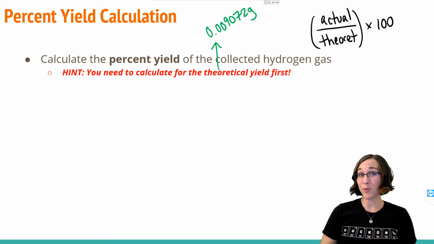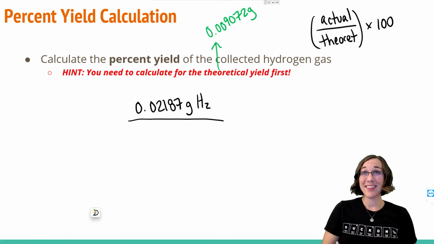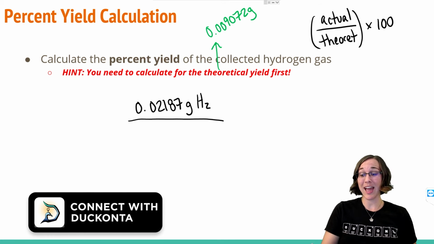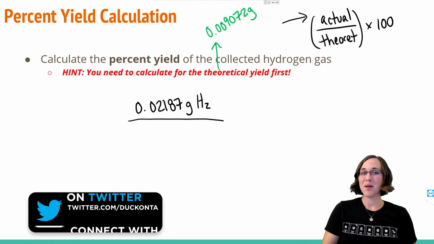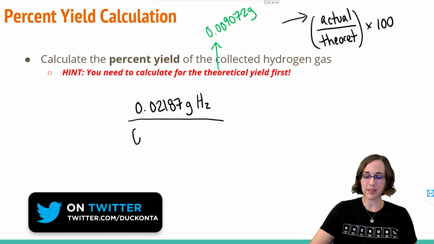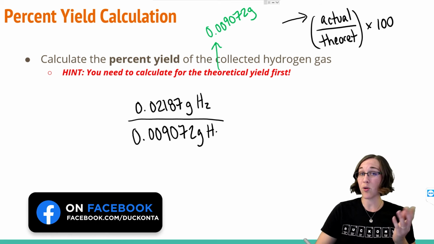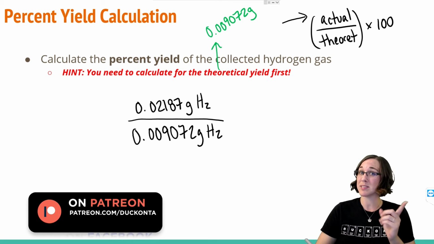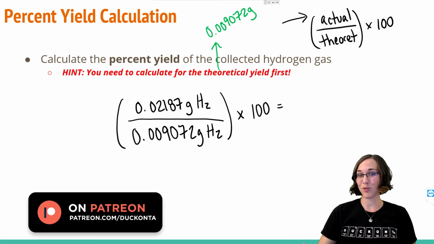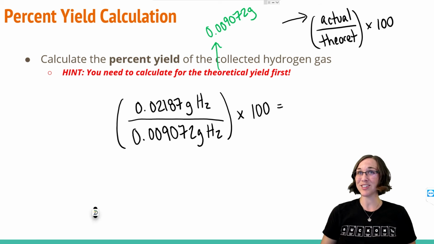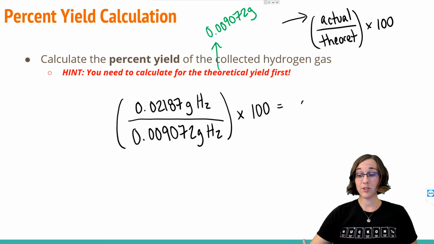The actual amount we calculated from the lab value was 0.02187 grams. That's how many grams of hydrogen gas we actually collected in the lab. But theoretically, we should have only been able to make a maximum of 0.009072 grams of H2 gas, according to our hydrochloric acid, which was the limiting reactant in this case. We're going to take that and multiply it by 100 to find a percent yield of